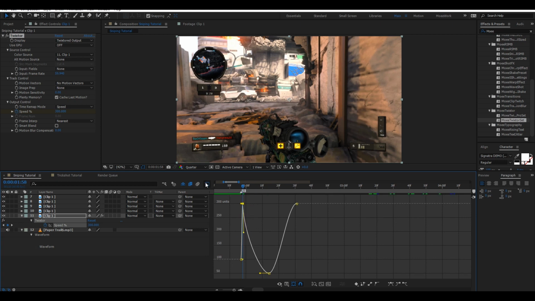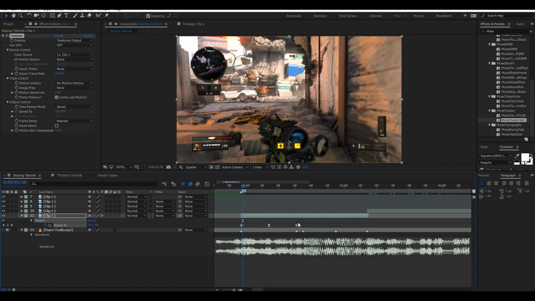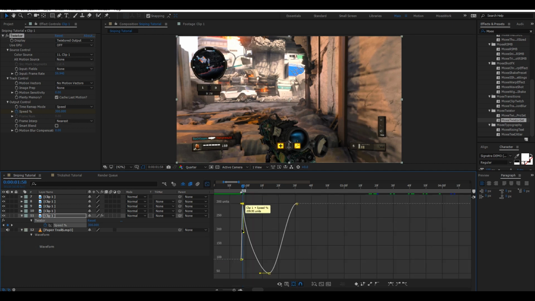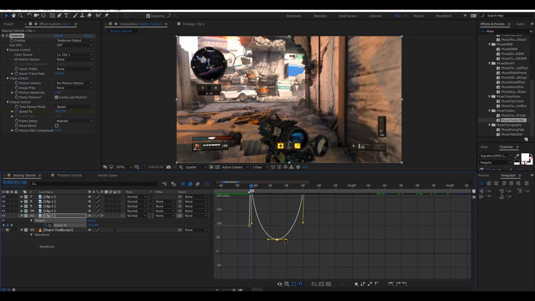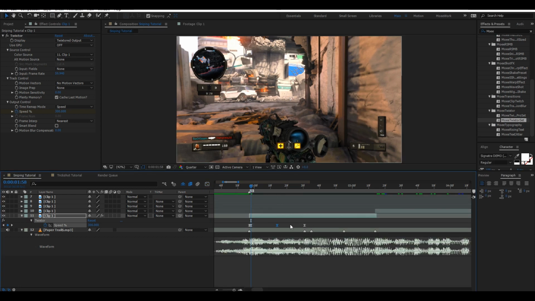But what you want to do is go to the Graph Editor. Highlight all these, go to the Graph Editor, and drag these down, these top handles right here, these Bezier handles. But you want to drag these out as well. Drag these out, drag those down, drag these out. So that's basically it. Then you want to grab these, Ctrl C,